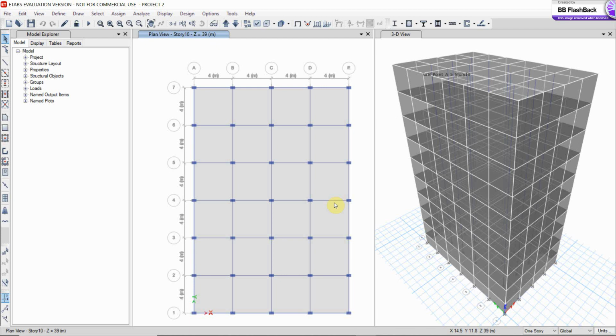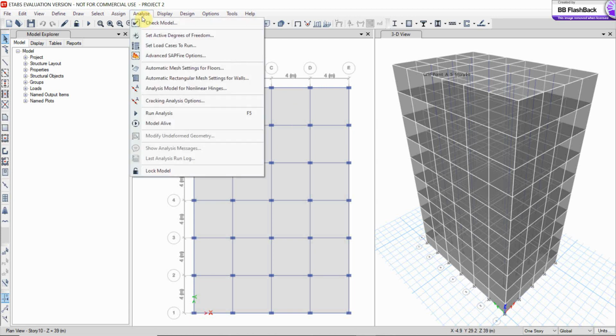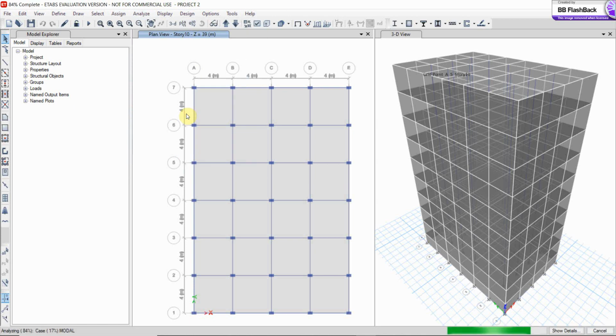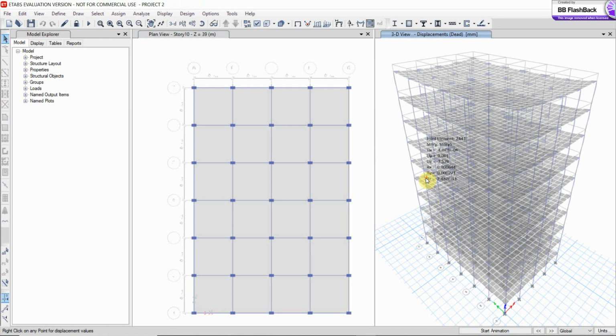After defining the seismic load, the next step is to perform the structural analysis on your building model. So go to Analyze option and run Analyze. The progress can be seen at the bottom left corner. Now Analyze result will be displayed as shown.